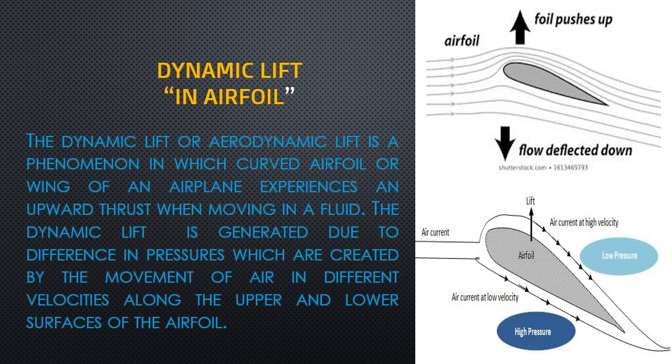These are the streamlines, they are called the airfoil. You can see there that the wing is slightly curved, and this curved upper side makes the streamlines closer to each other, and on the lower side the streamlines become apart from each other. That provides the foil push, which shows that the airfoil pushes upward from the above side, and from the lower side it is deflected downward.